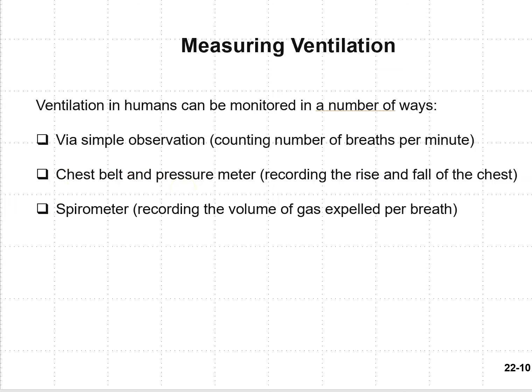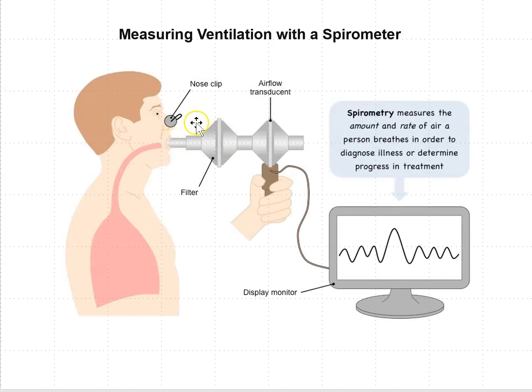So if you look at a spirometer, it measures the volume of air exhaled and inhaled by a person, and these numbers can be used to diagnose illnesses in a person or